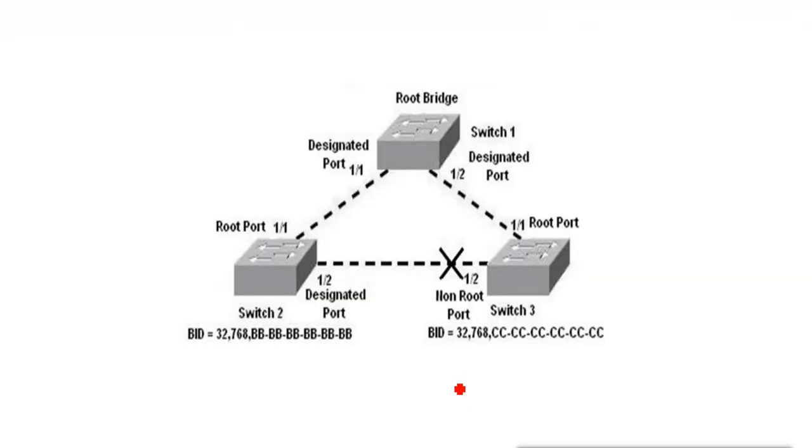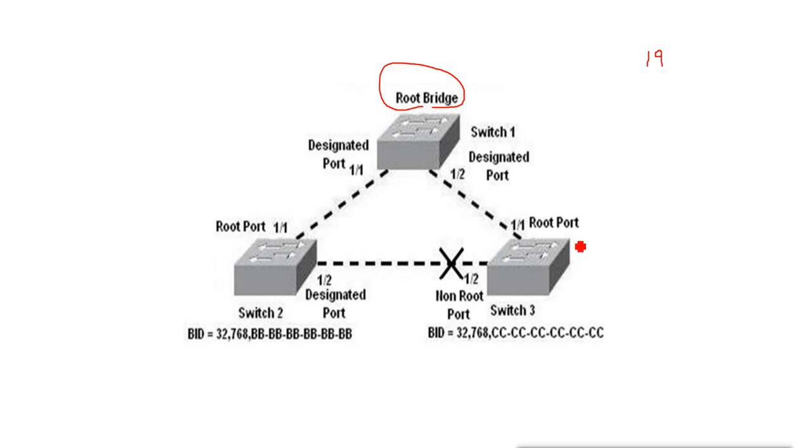This is how they are connected, and now what? Based on the MAC address, they will decide the root bridge. So if this is decided as the root bridge, then all the other switches, the non-root bridges, will try to find the best path for reaching the root bridge. In this design, if all these links are 100 Mbps, then the cost for all the links will be 19.